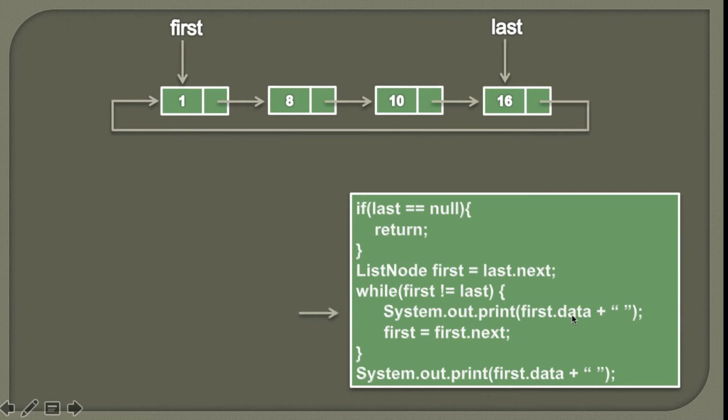In the first step we'll simply print the data associated with this first node. Moving ahead. So friends, as we have traversed this node, now we need to just move to its next node. In order to move first to its next, we'll simply assign the value of first.next to first. Here first is pointing to the first node and its next is pointing to the second node. Therefore we are simply assigning the value of first.next to first. It would look something like this. So it simply moves first to its next position by this statement.